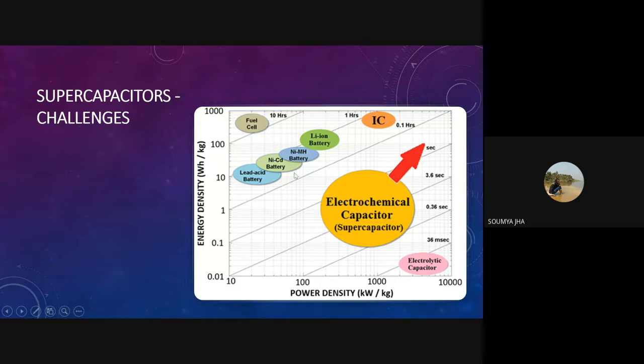after that, batteries were developed, and different kinds of batteries were developed in which both energy density and power density were enhanced. But the power density of the battery is very low, whereas in the electrolytic capacitor, the energy density is very low. So in the electrochemical capacitor, that is the supercapacitor, it is thought that it can be the connecting link between both battery and capacitor, as a lot of research work is going on to enhance both its power density as well as its energy density.